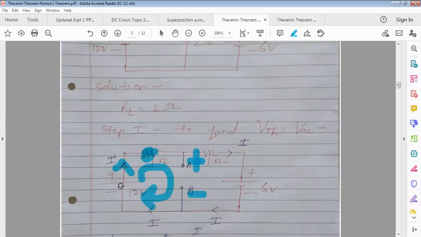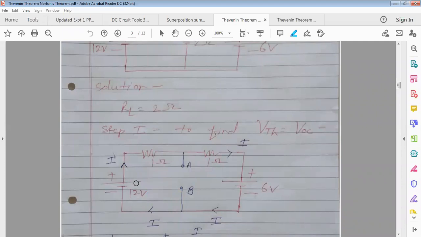So what is the conclusion here? What is its meaning? To find out VAB, this current value you should know. Once you find out the value of current, then you apply the KVL equation to this loop and you can find out the VTH. What I am saying? Two unknowns are there. Directly if you go for KVL equation in this loop, then two unknowns are there, VAB and I. So what is its meaning? Value of I you have to find out first. Once you get value of I, apply KVL to this loop, you will get the VAB. Okay? So how to find out I now?